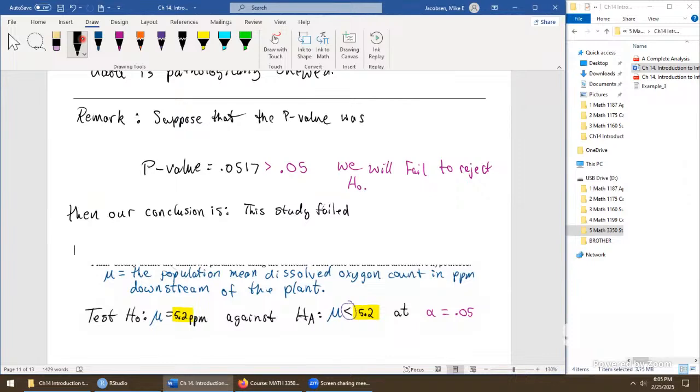I'm going to say failed to provide significant statistical evidence that, here's the tedious part one more time, population mean